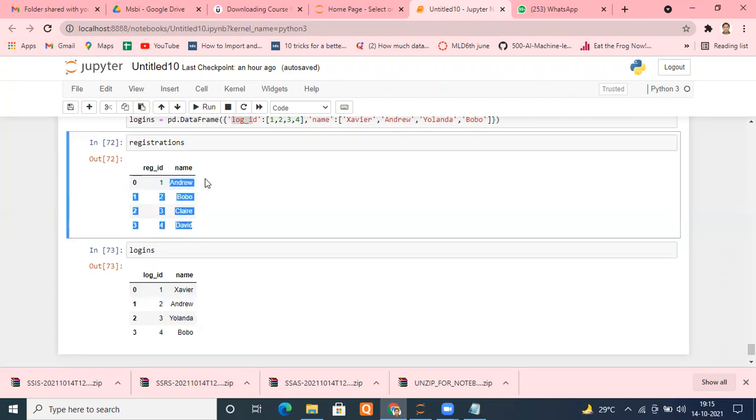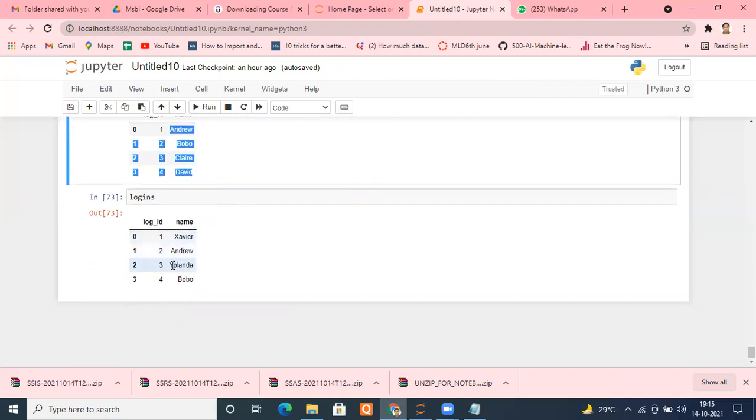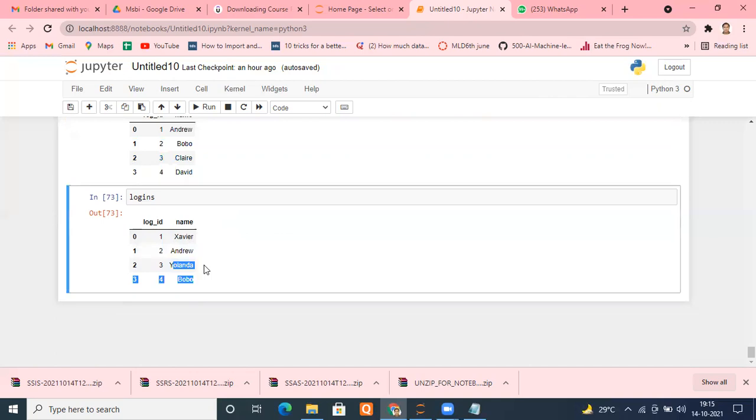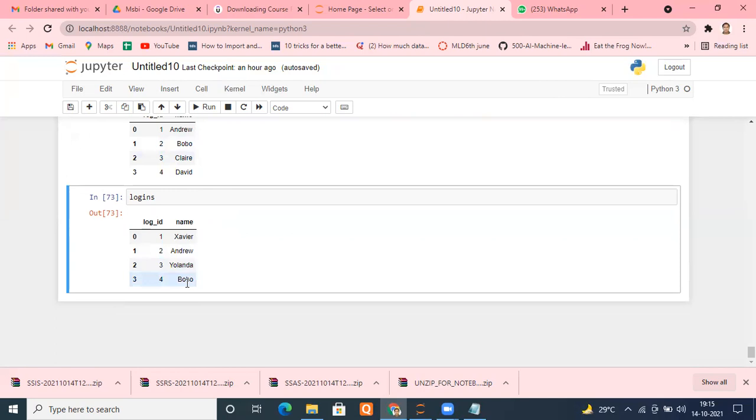Similarly, the third person is Yolanda. He came and I registered him at the event itself, but he didn't do online registration, so his entry is not available in that table. The fourth person who came was Babu. I gave him login ID 4, and he also did online registration.